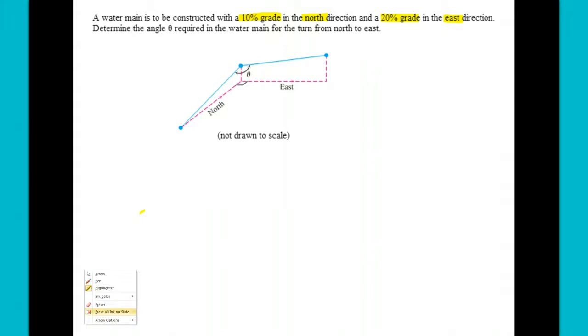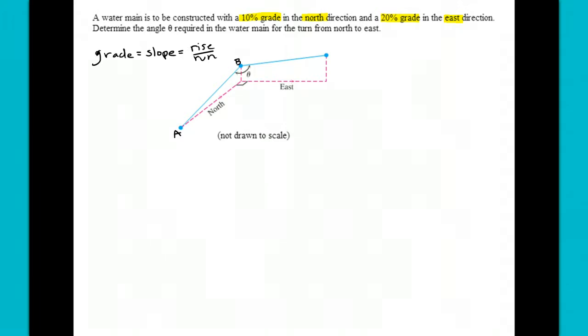So a 20% grade, the word grade is another way to say slope. But when we think about slope, we think about it as rise over run. Now it's not a line, it's a vector, but still, there's a definite rise over run as we go from point A to point B